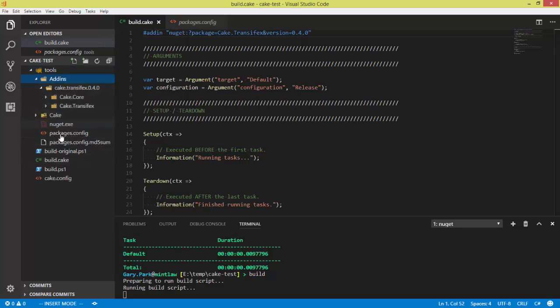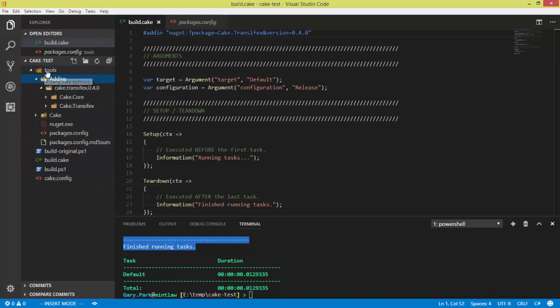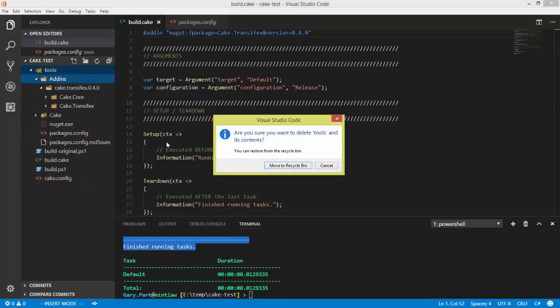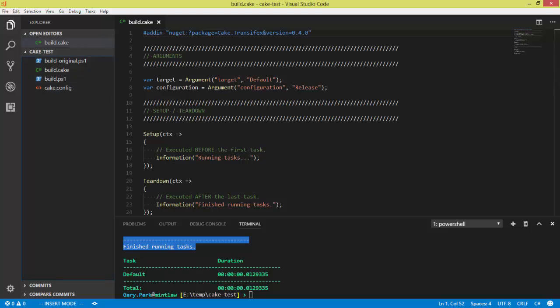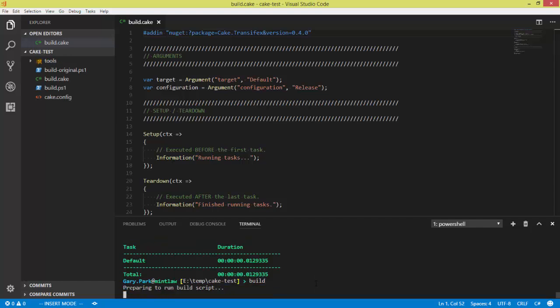Okay, so as a final test that all of that's working, once again I'm going to delete that tools folder. I'm going to come over to my network connection, which unfortunately you can't see, but trust me when I say I am disconnecting from the internet. Connect to profile, Wi-Fi off. So my Wi-Fi connection is now disconnected. And if I run that build again,